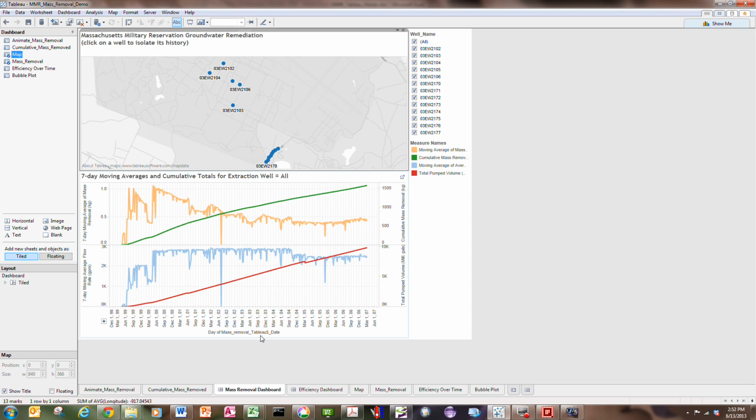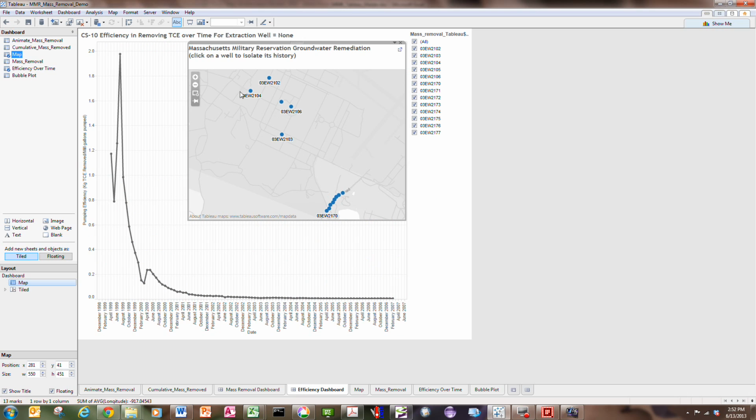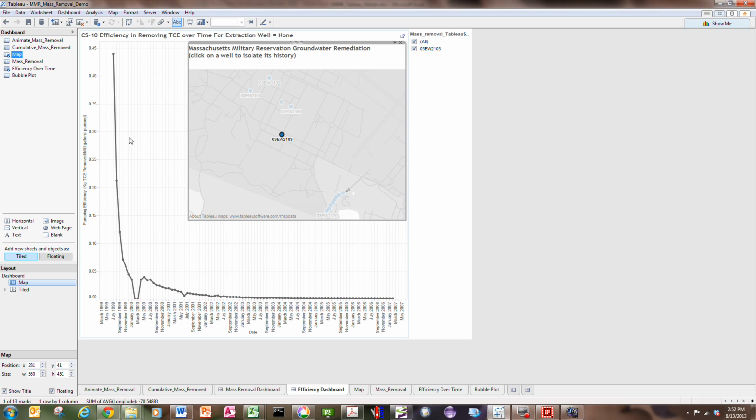And you notice that when I pick a well, the title over here changes to tell me which well this data is representing. I've used the same exact approach to do an efficiency dashboard, where this is the overall efficiency of all the wells, but if I want to click on one of them, 2103, this is the efficiency curve for 2103. But notice that the title doesn't change, and this is an issue that I have with Tableau